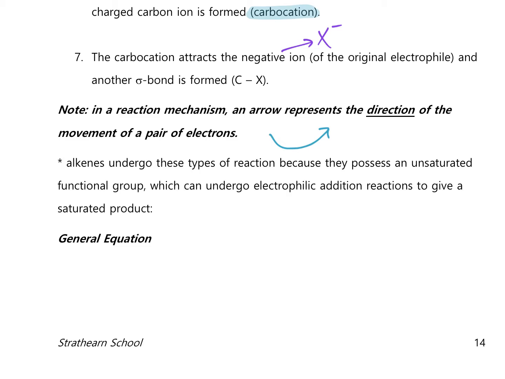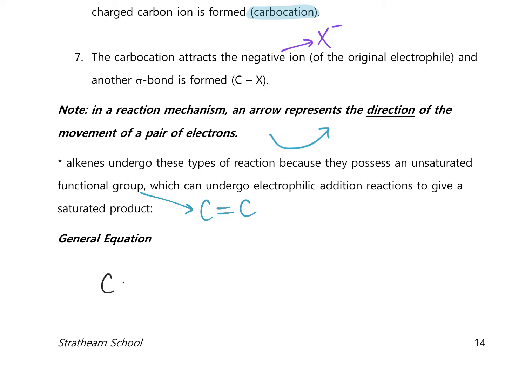And the alkenes undergo this type of reaction because they possess an unsaturated functional group, in other words, our carbon-carbon double bond, which can undergo electrophilic addition, in other words, the addition of an electrophile across that double bond to give a saturated product. So our carbons in the final product will have just single bonds. So let's show the general equation for this type of reaction, and we'll just use ethene as our example of